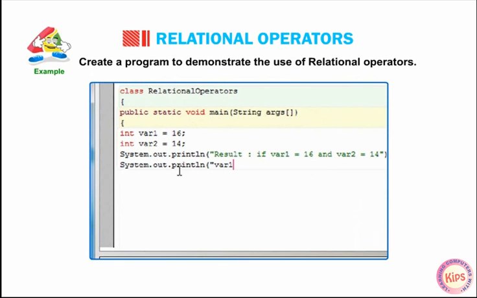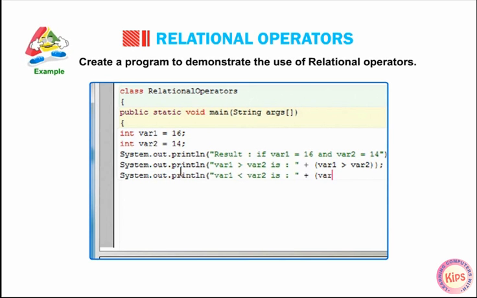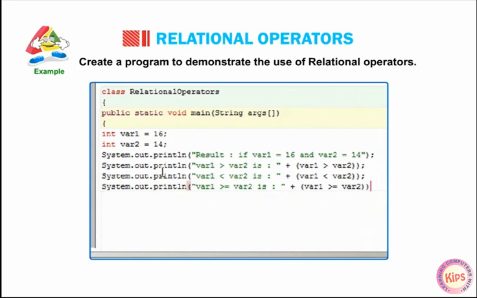System.out.println("variable1 is greater than variable2 is: " + (variable1 > variable2)); System.out.println("variable1 is smaller than variable2 is: " + (variable1 < variable2)); System.out.println("variable1 is greater than equal to variable2 is: " + (variable1 >= variable2)); System.out.println("variable1 is smaller than equal to variable2 is: " + (variable1 <= variable2));